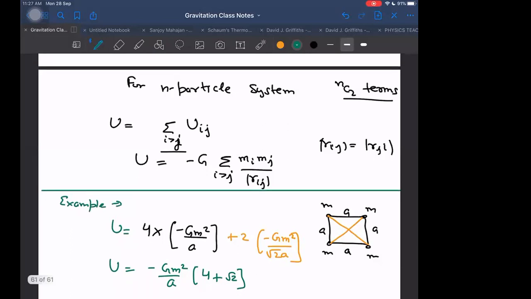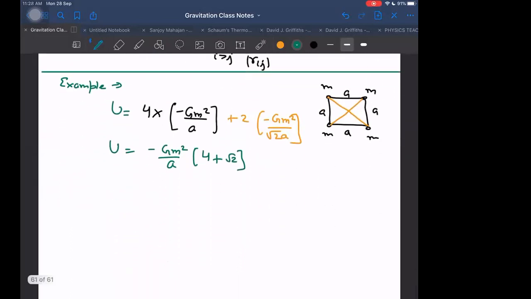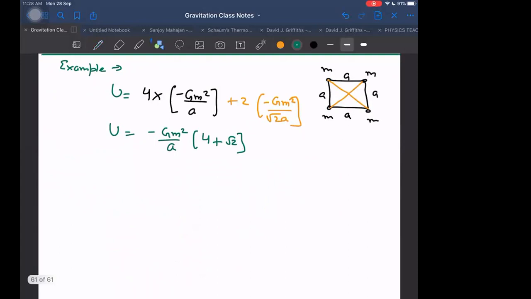Okay. So we can have several other such cases possible. Now, how to find the change in potential energy? For example, let us say they have given this system now, and they changed it into this A. What will be the change as we go from the first configuration to the second? First we find the initial potential energy, which we have already found. We can call it the initial potential energy, and the second one we have to calculate as the final potential energy, and the change will be UF minus UI.